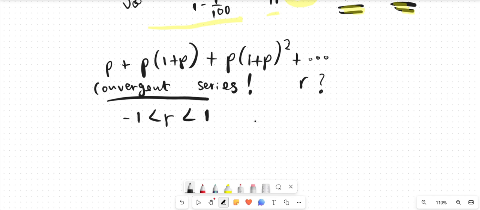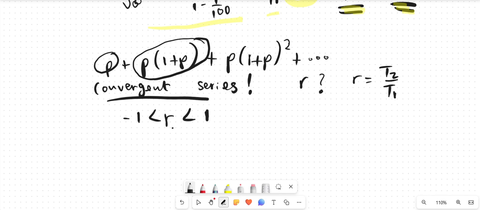It will always lie between that range. So how do I represent this? R, remember, is always t2 divided by t1. So I'm going to take term 2, which is this guy. I'm going to divide him with term 1, and I'm going to put him in this